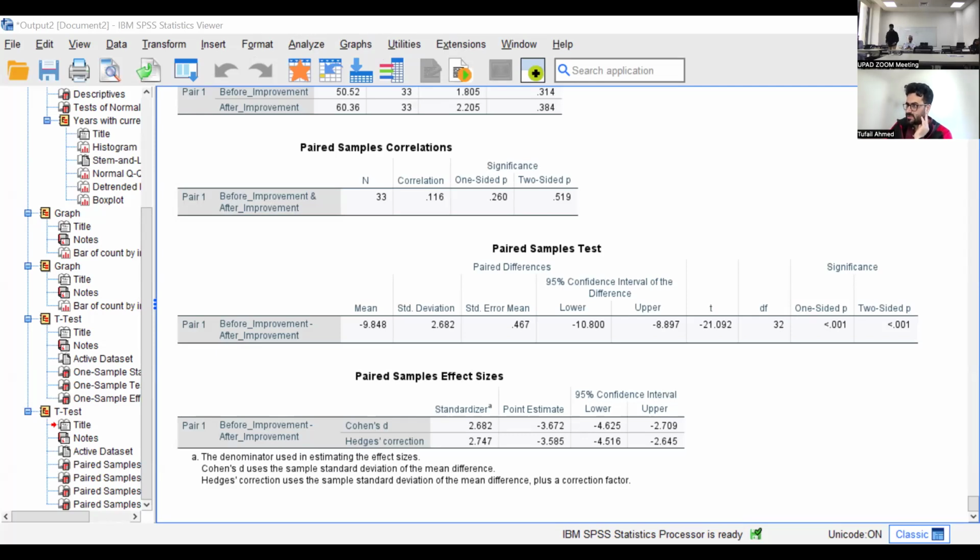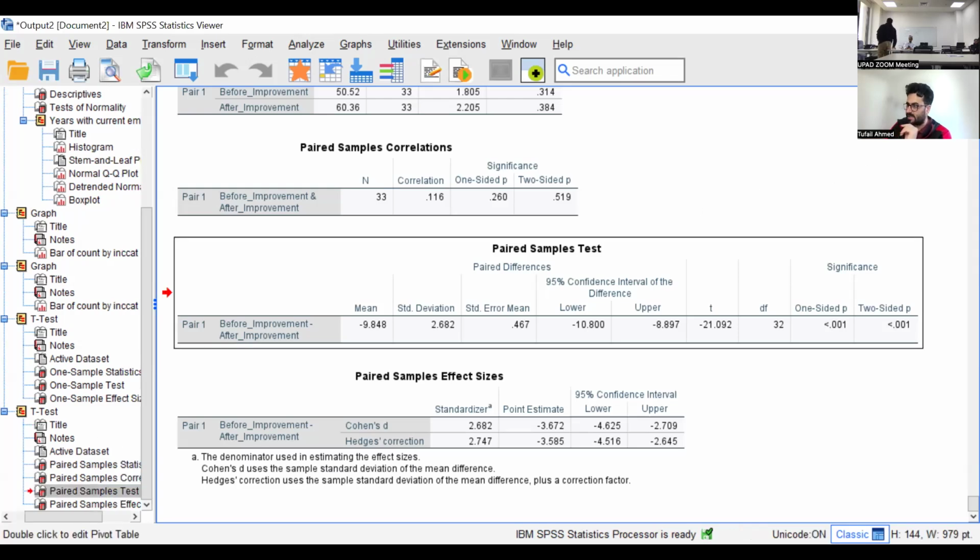The null hypothesis was there is no significant difference, but I can reject it. Based on the data, I can say that after the improvement of the bicycle lane, there were more people using that specific bicycle lane. So this is how we use a paired test, or one sample test, or independent test to say something about your data, about your hypothesis.